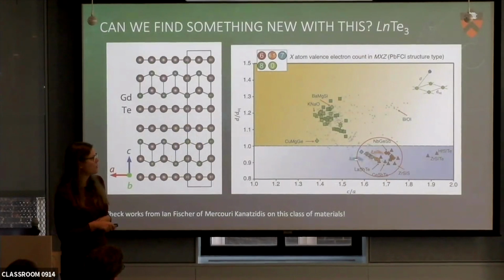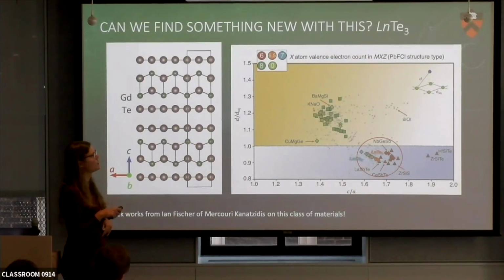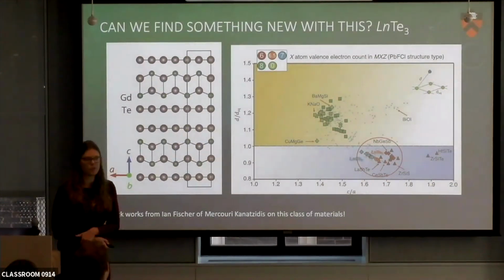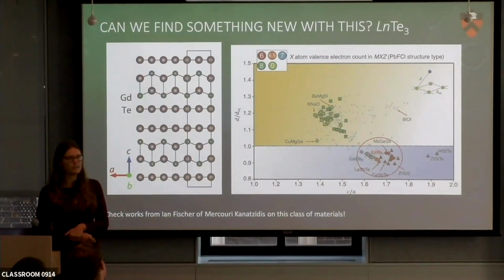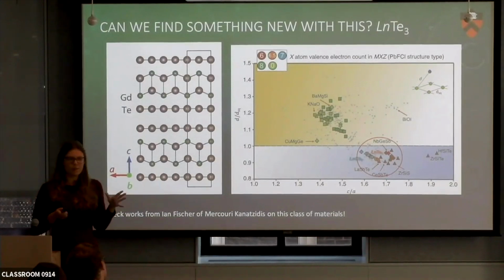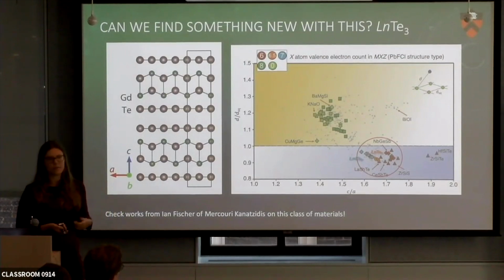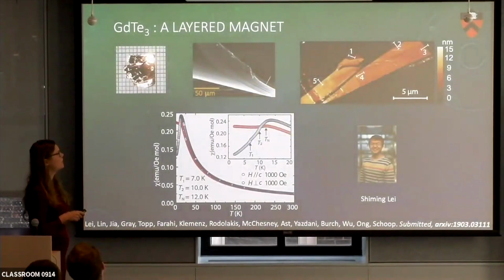So if you look at these materials in our tolerance factor plots, they all fall in this region here where the tolerance factor is working. However, we have 6.5 electrons rather than 6, because these materials are also known to undergo charge density waves. This is well documented in papers from Ian Fisher and Mercouri Kanatzidis already, but they start from the same kind of motif, so I still wanted to see mobilities, and all these properties have never been measured, if we find anything.